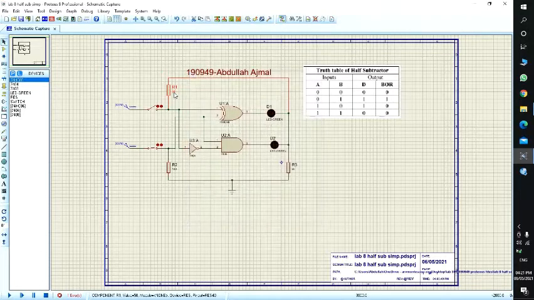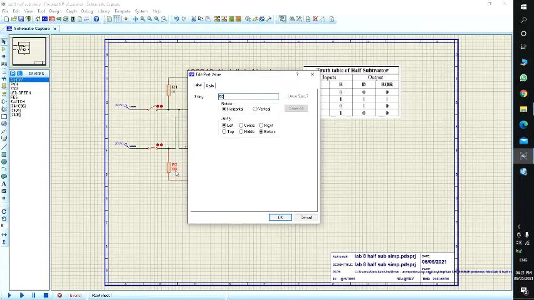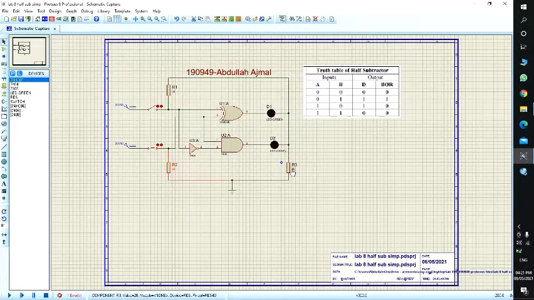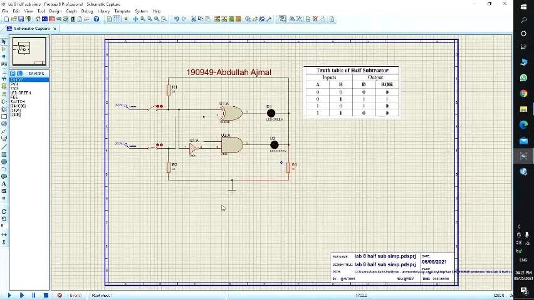Let us run for 0 and 1. So it is running for 0 and 1. So our truth table has been verified.